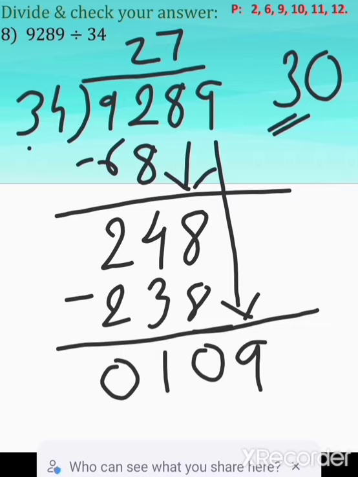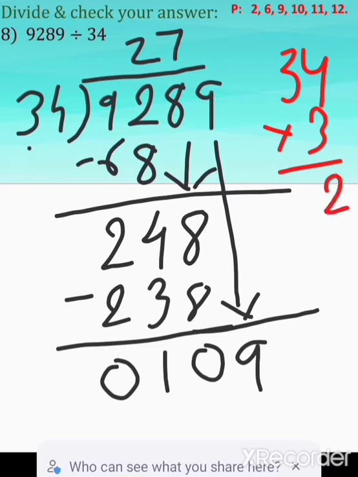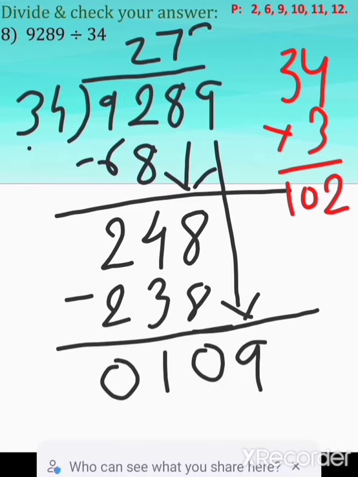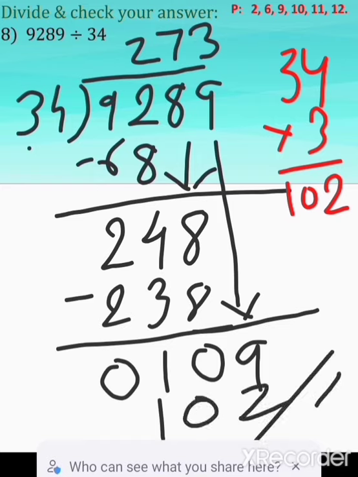So I'll check for 3s. It means I will multiply this 34 by 3 and I will check what number I'm going to get. 3 4s are 12, 1 carry, 3 3s are 9 plus 1, it is 102. So I'll go for 3s. Okay, 3s it is 102. My remainder is 9 minus 2, 7. 0 minus 0. 1 minus 1, 0. Okay, so 7 is the remainder and this is the question.